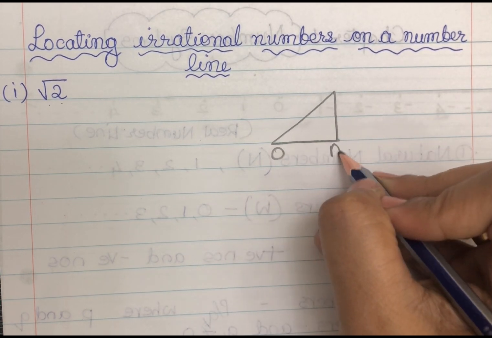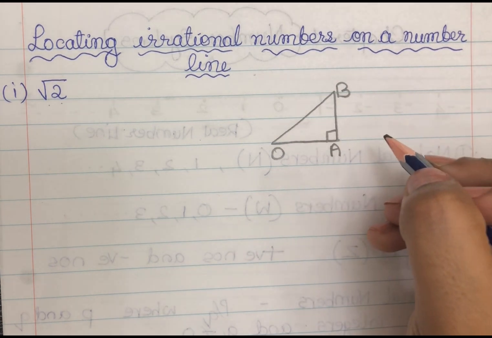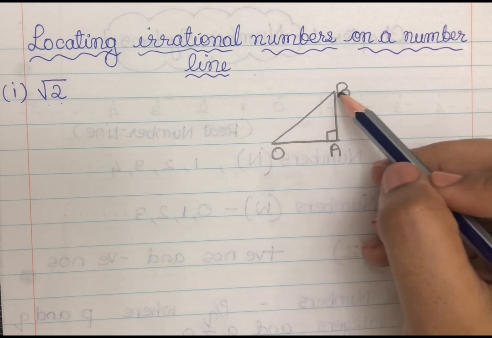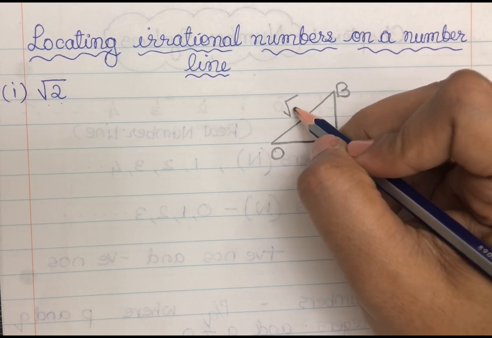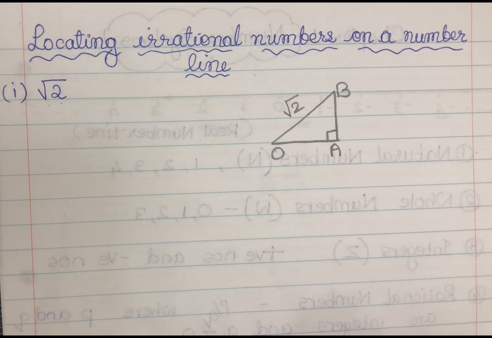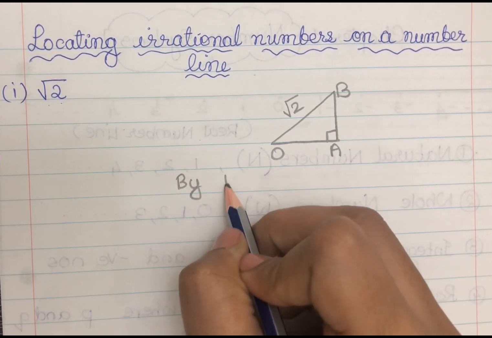O, A, B, right angled at A. And now you know OB is the hypotenuse. So let's say OB is root 2. Now what is the Pythagoras theorem? By the Pythagoras theorem,